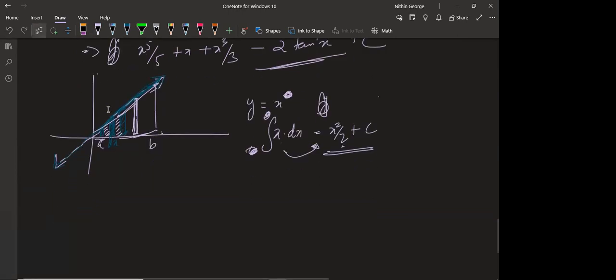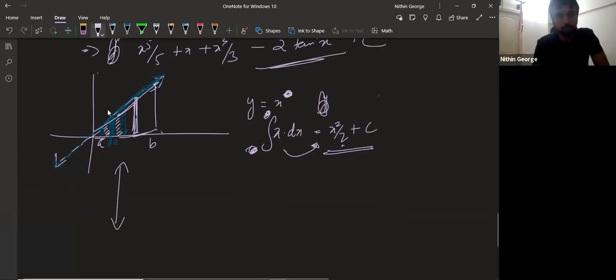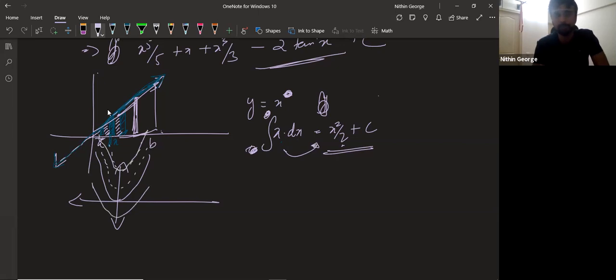Yes, sir. Okay, so basically x square by 2. Let's try to construct x square by 2. We know conics, so y equal to x square by 2 is an upward facing parabola. Whenever I integrate, it's equivalent to the value of x square by 2. Plus c. What is happening here when I say plus c? It can be this curve, it can be this curve, it can be this curve. The idea is if you put a value of a and a value of b for each of these and subtract, you will notice that we are talking about the